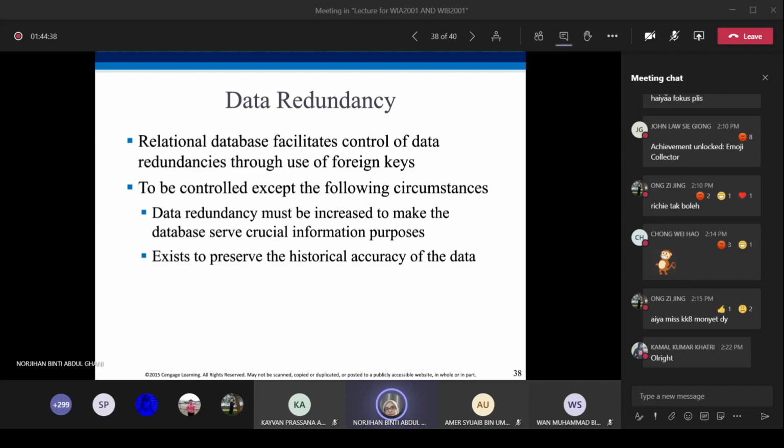For certain reasons, the data redundancy is still increased. And in terms of the historical accuracy of the data, we still need the data redundancies. This still happens.